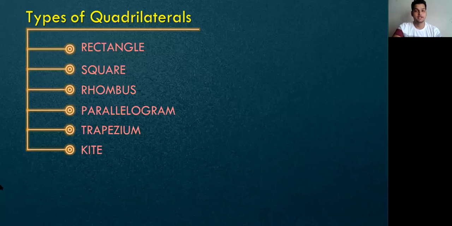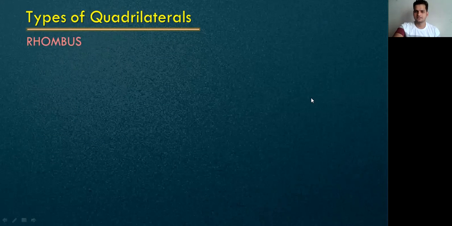So today we are going to continue with chapter number 8 of your textbook, which is Quadrilateral and its Construction. By the last lecture we have completed the concept of square. Today we are going to continue with the concept of rhombus, right? Correct. So let us start with the concept of rhombus today.